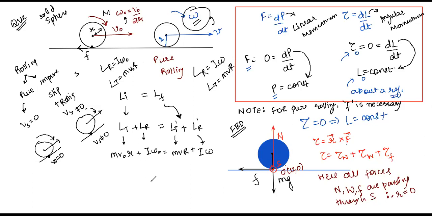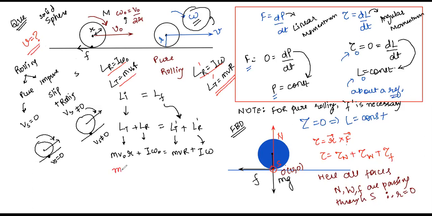Okay. So now we have written the value of rotational angular momentum and linear angular momentum, finally. All that we have to do is just substitute the values. Why? Because in the question you are being asked to find the final velocity. You need to find out what v is in this question. So how will you do it?